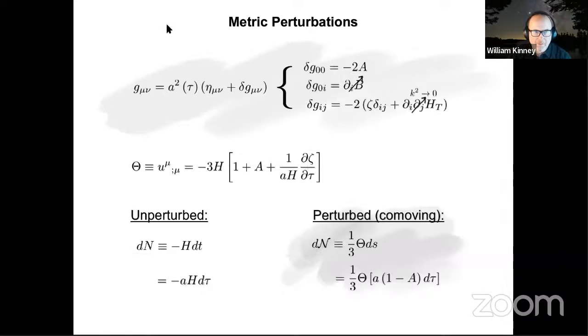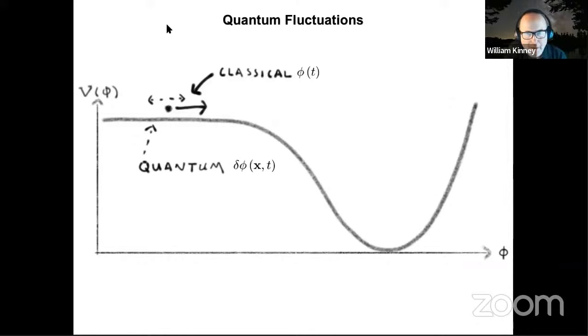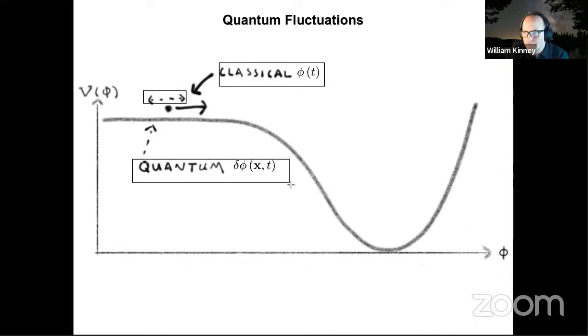So let's look at how this works. How does the quantum field theory work in this time-dependent background, right? In fact, we talked about before, we have this classical background evolution of the field, which is going to be the slow roll solution. And then we have a quantum background, which is these quantum perturbations, these zero-point modes where the field fluctuates. And I'm going to take the quantum perturbation amplitude to be just the field fluctuation, right? Whatever the amplitude of that field fluctuation is, due to the Heisenberg uncertainty principle, as it's bouncing up and down the potential, we're going to calculate this later, but for now, we're just going to say whatever it is.